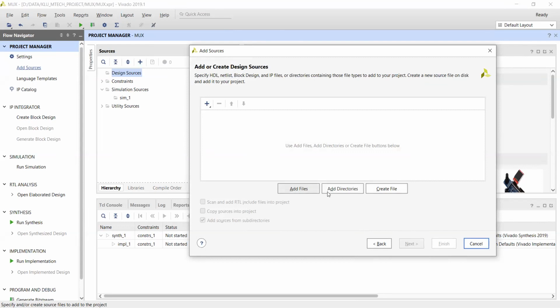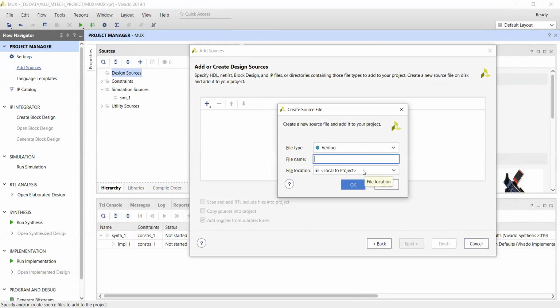There are options like add file or add directory, but because I'm creating a very new project, I don't have any existing files or directories, so I'm only using the create file option, and I'm taking the name of the file as Max.